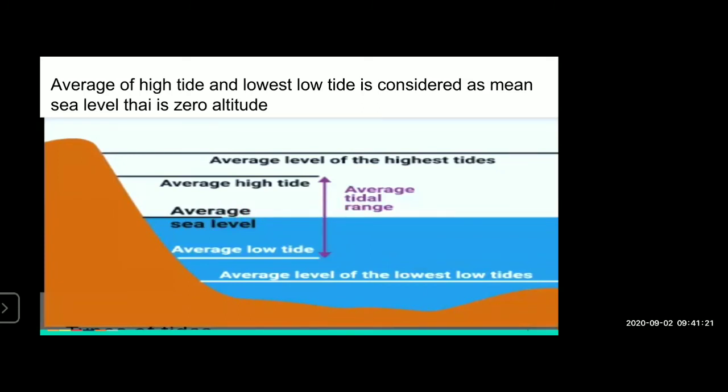Thus, the average is taken to be 0. This means this sea level is taken to be 0. Thus, the elevation or depth of any place is measured by taking the sea level into consideration. So if I have to measure any place above or below, on a landform or on the ocean bed, I have to consider this average sea level. By considering mean sea level, I will be measuring the landform above or below the sea level.